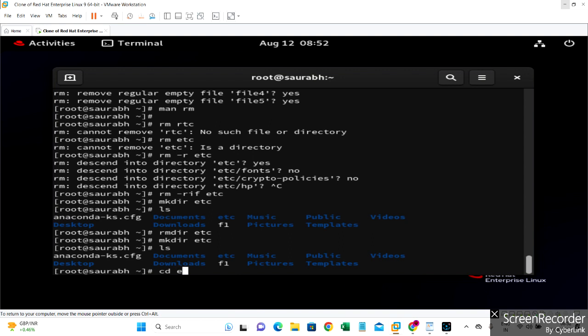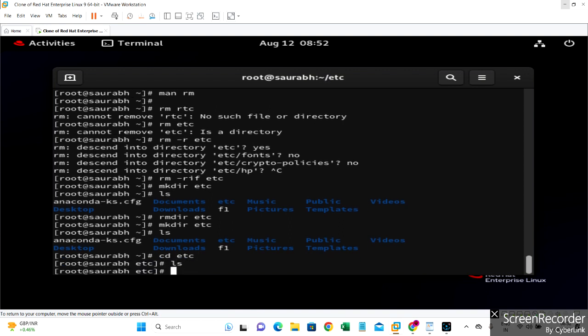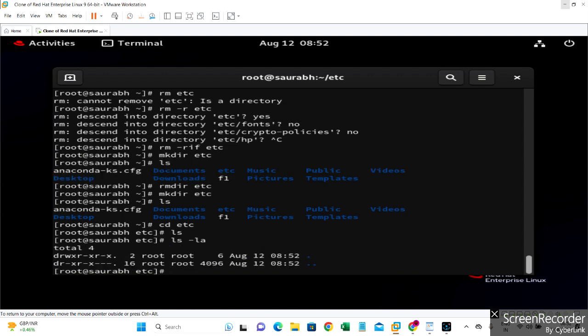Now I am changing directory to etc and running ls. I use the ls command and also ls hyphen a. There is no file present here. So now what I want to do is create a file. You can use the touch command for creating blank files. If you want to create a file with some content, then you can use nano or vi. Here I am giving vi file